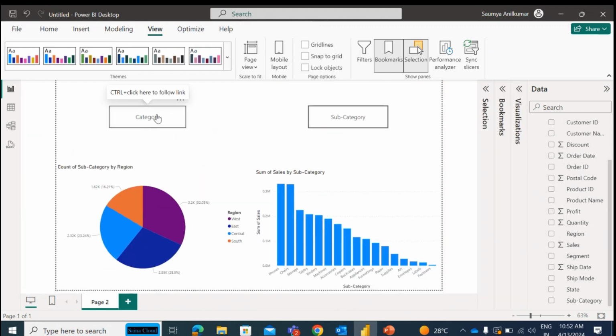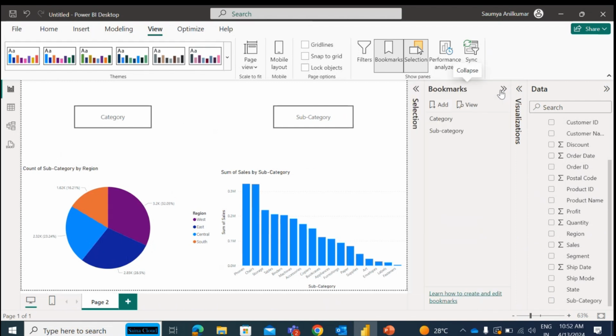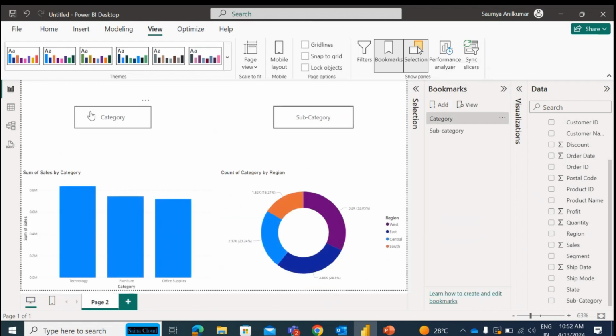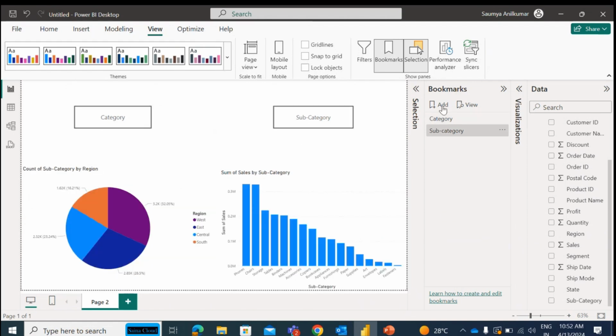Now for activating that link, you need to press Control and then click. So in this way, you can select